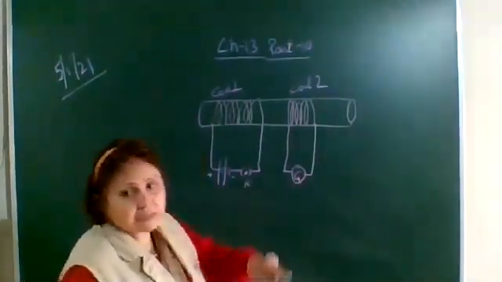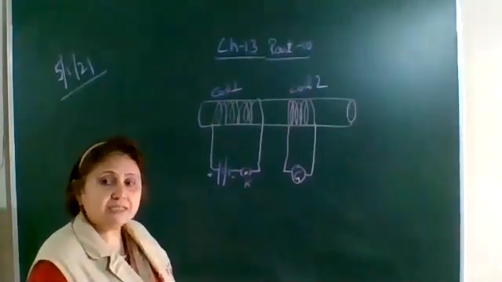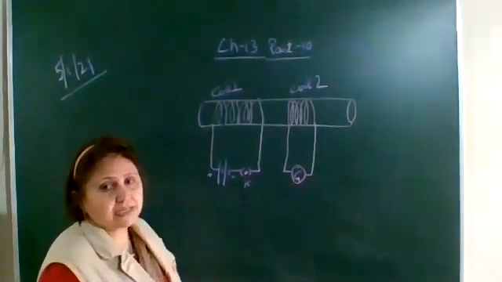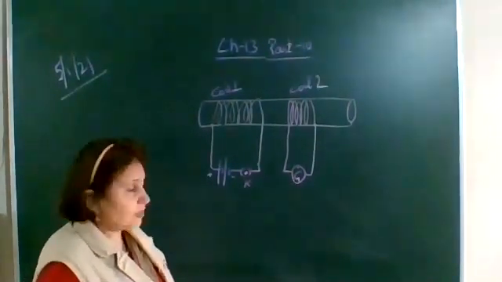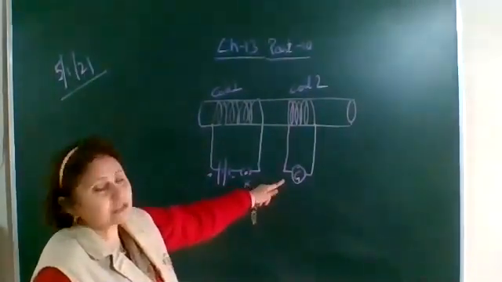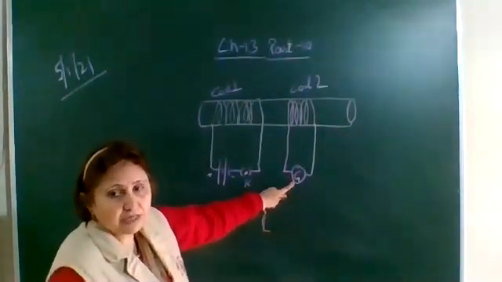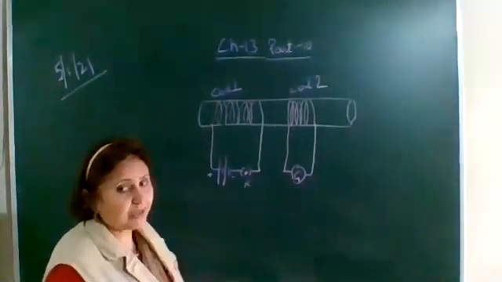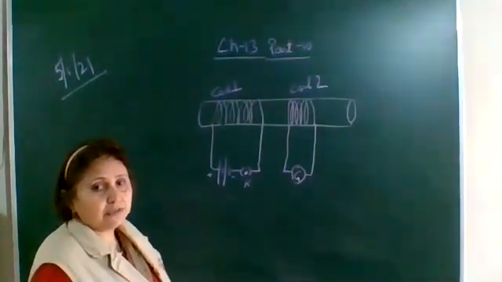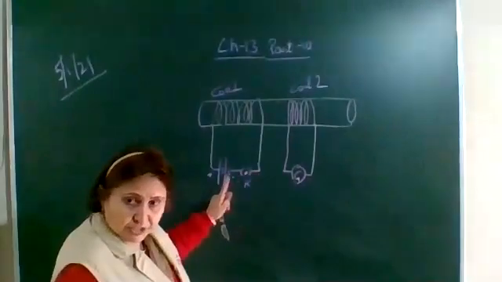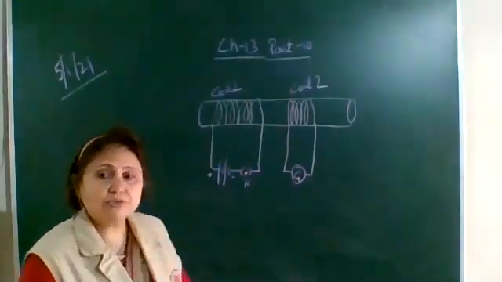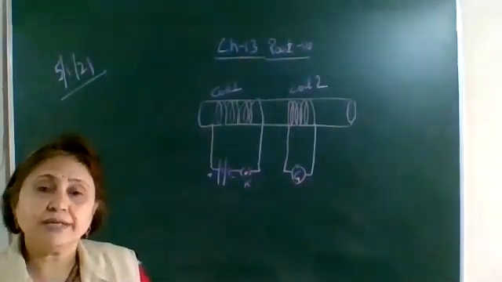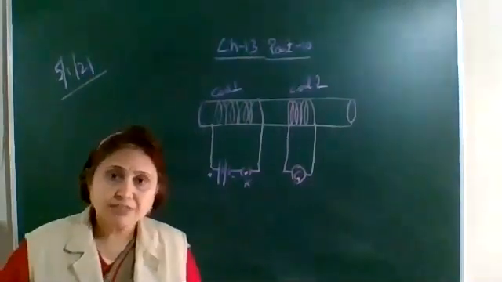The galvanometer in the second coil momentarily shows a deflection, that is, the induced current is produced for a short moment. So the induced current is produced in coil 2. So this is the second method to induce current in a coil. Why? Because some potential difference will be induced across the ends of coil 2, so that is why the induced current is produced in it. So by changing the magnetic field also, the induced current can be produced. This is the second method for producing the current in a coil.